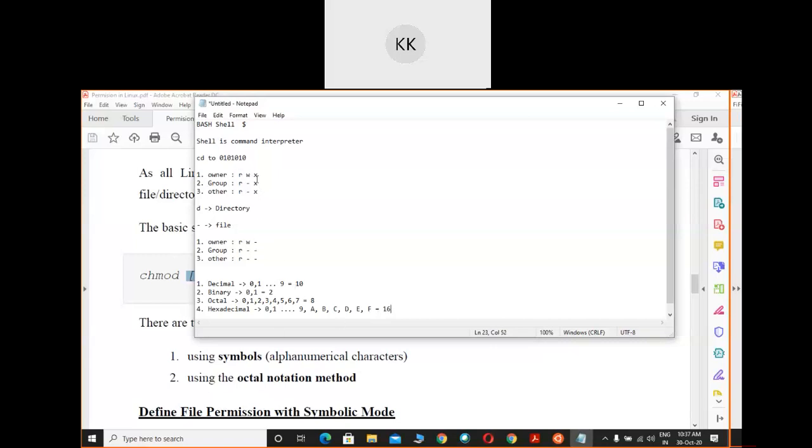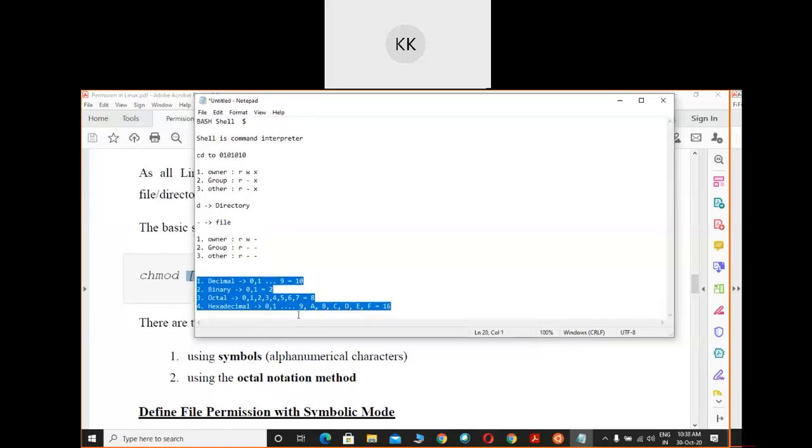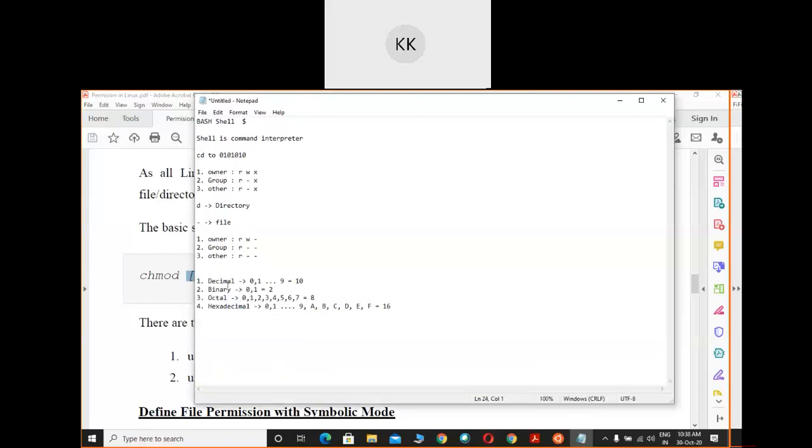And these things can be represented either using alphanumeric characters or using the octal number. Any value from there can be taken as a permission. What is decimal, binary and hexa? If I take the classes, it will take an entire week. Maybe in your computer fundamentals classes this is required, I'm not sure.